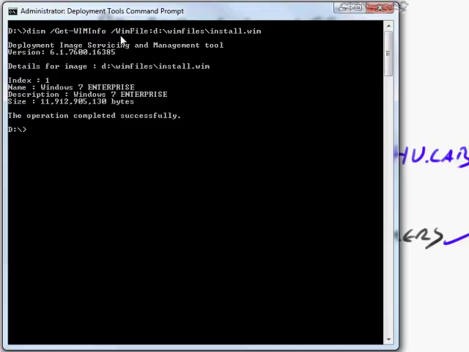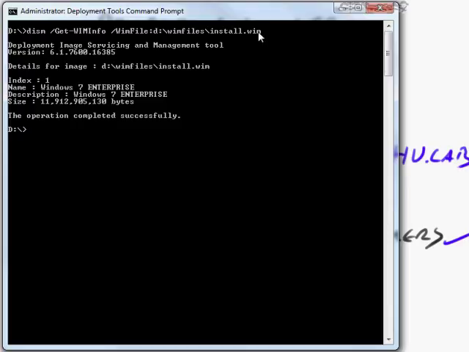By the way, you see there's a kind of camel case in several cases here, but the DISM command is entirely not case sensitive. But this is the way Microsoft shows it, and so that's why I'm going to show you here as well. Plus, it's a little bit more readable using this kind of caps. Anyway, I'm going to do a /get WIM info space /WIM file. In other words, what WIM file am I looking for? Well, it's on my D drive. There's no spaces in this, by the way. It's on my D drive in my WIM files directory, and the name of the file is install.wim, and I just copied that off of the Windows 7 Enterprise Edition